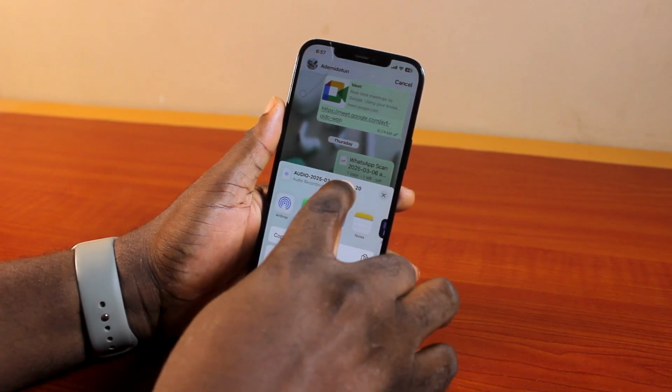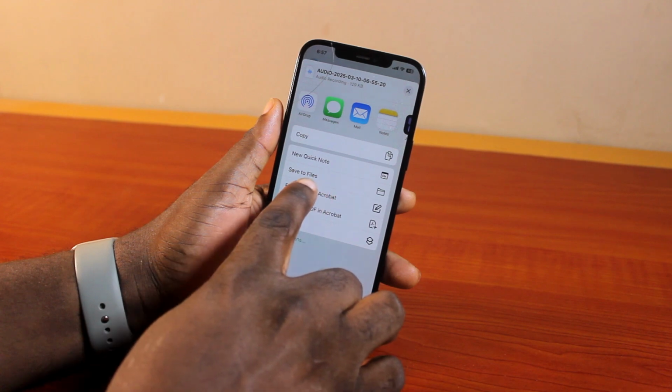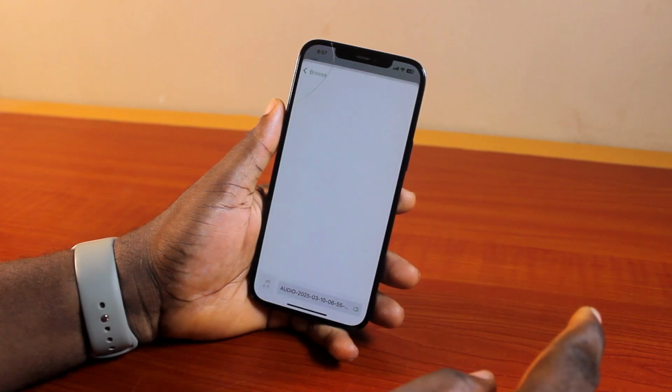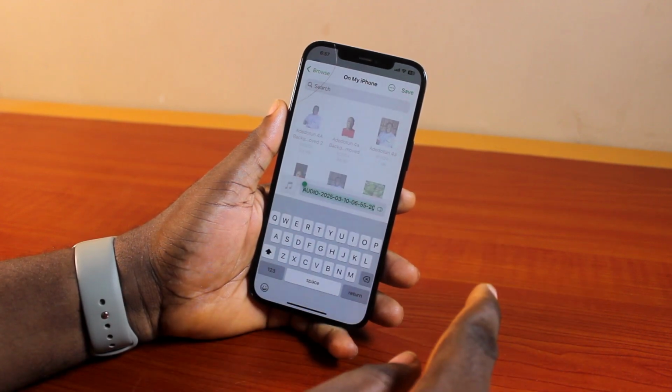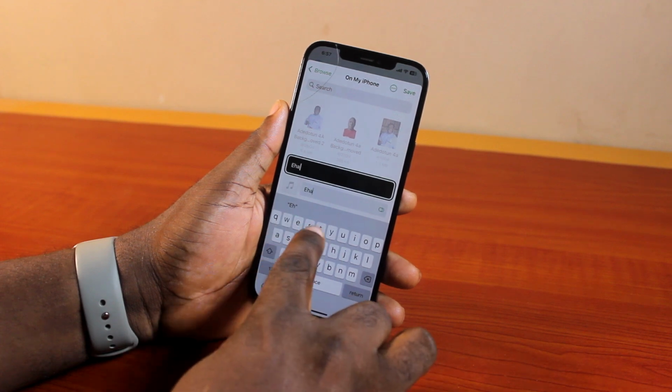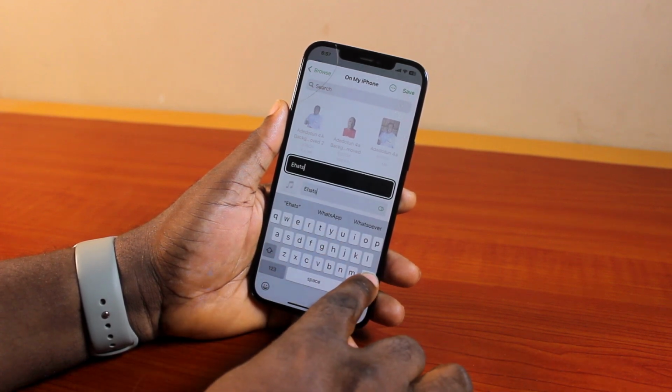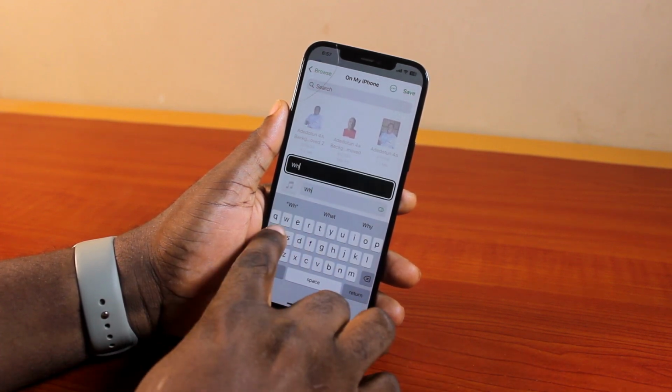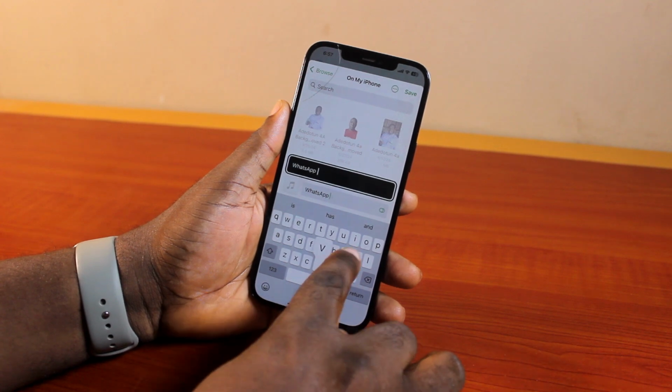Then once you click on that, swipe up, locate Save to Files. Click on that. Then give this a name. So I'm just going to say WhatsApp voice note. So just go ahead and give it a name. So this is WhatsApp voice notes,